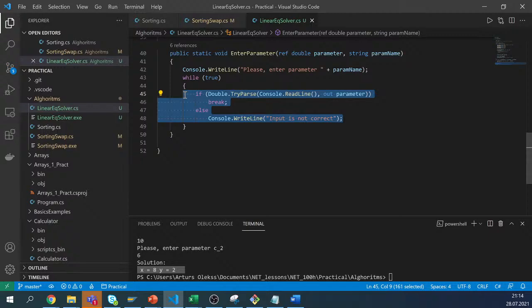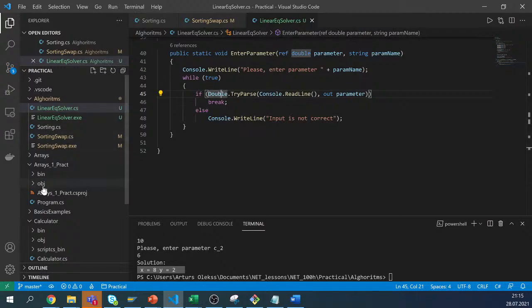So in theory, this can be endless, because in theory, the user can endlessly provide incorrect values, and in this case, the algorithm will be infinite. So that's why for this case, we cannot really determine the time consumption. How much time do we need to spend here? That can be endless. But if we take a quick look at the previous algorithms we had